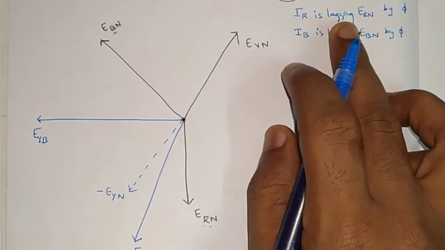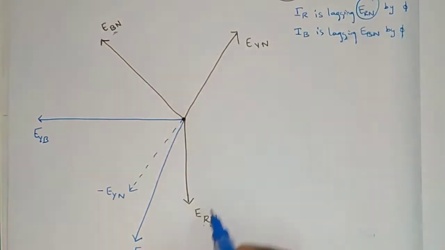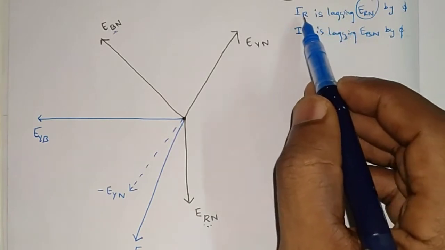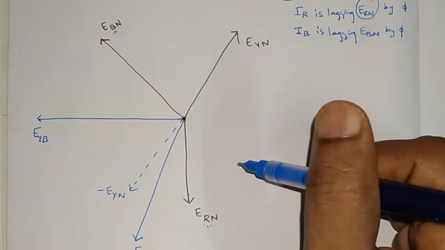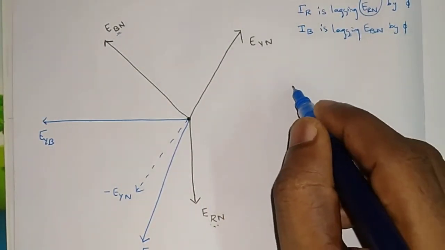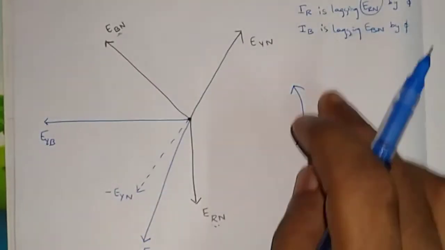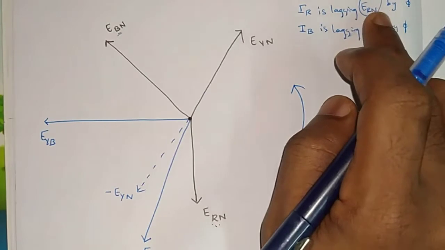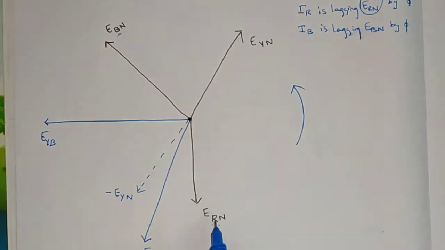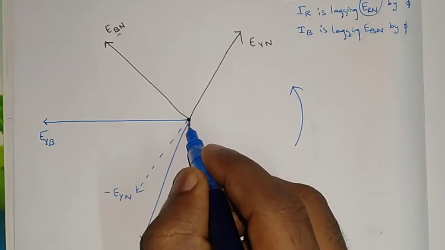First I will represent IR. IR is lagging ERN by angle phi. So ERN is here. Now I have to draw IR, which is lagging. Now I have the relation between current and voltage, so it is easy to draw in the vector diagram. Before drawing it, I need to draw the direction in which the vector is rotating. That is very important. We always consider the vector direction as anti-clockwise. So IR is lagging ERN. In other words, ERN is leading IR, so ERN comes first, because the direction is anti-clockwise. ERN is leading, so IR comes somewhere here.